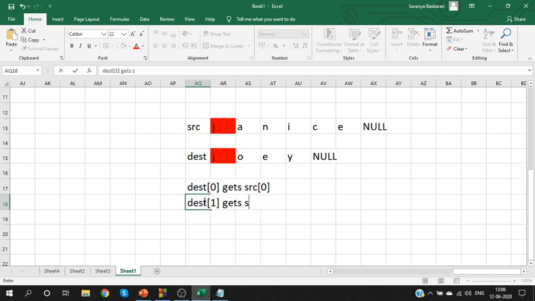Destination 1 gets source's first index. Instead of this O, you will store this A. Instead of this E, you will store this N. So I can say destination's index gets source's index. Whatever value you have here, copy that character and give it to destination.